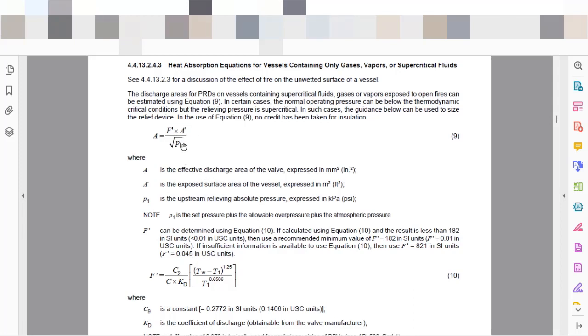You need to have the set point of your case, and the set point considers the allowable overpressure of your system. So when we are talking about fire case, we have an allowance of 21%, and it depends on the F'. But the F' goes to another equation where we need to calculate the C, the KD. KD is a function of your pressure relief device, and we also have the C9, that is a constant. And you need to define the allowable temperature for the wall of your vessel, and the release